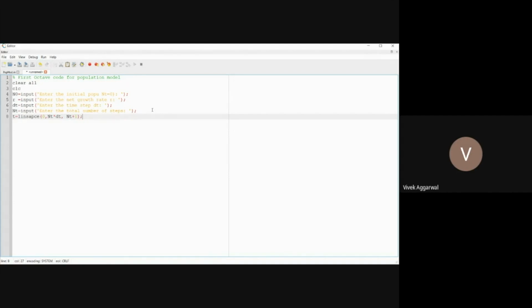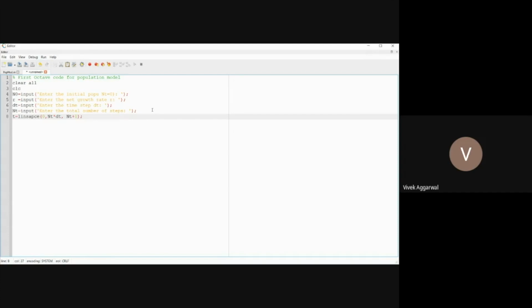Because in this case, if you take nt is equal to 1 only, then you will get dt. So you'll get the solution only at dt. If you take nt is equal to 2, you will get the solution up to 2 dt. And if you take nt maybe 24, like the population I told you, if you are calculating the population at every 15 days, and dt is 15 days, then 24 into 15 days is approximately equal to 1 year.